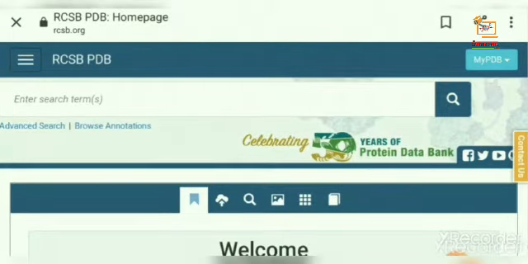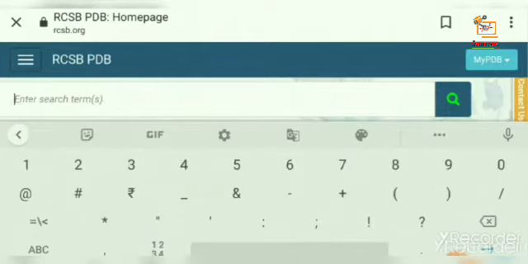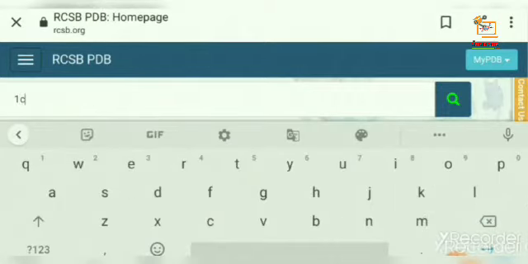As you can see, there is a search at the top of the page, we can find our protein name or PDB ID. So let's go with the PDB ID for now. I write 1C9U and search.